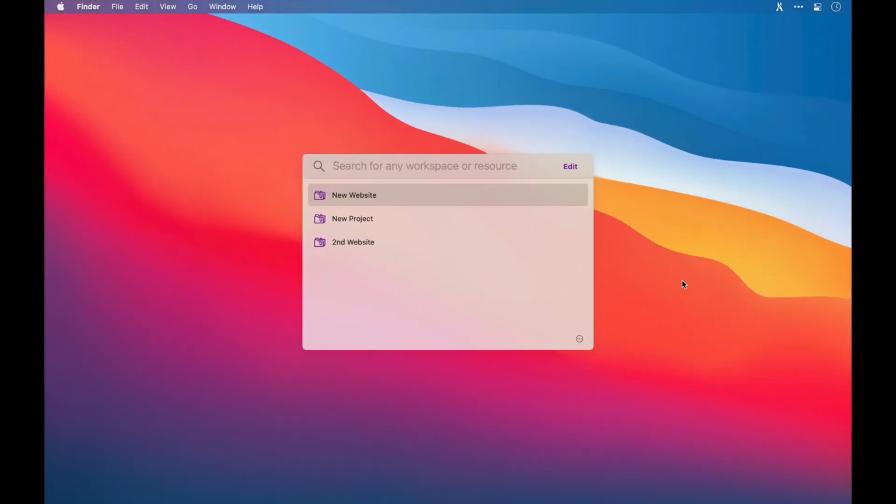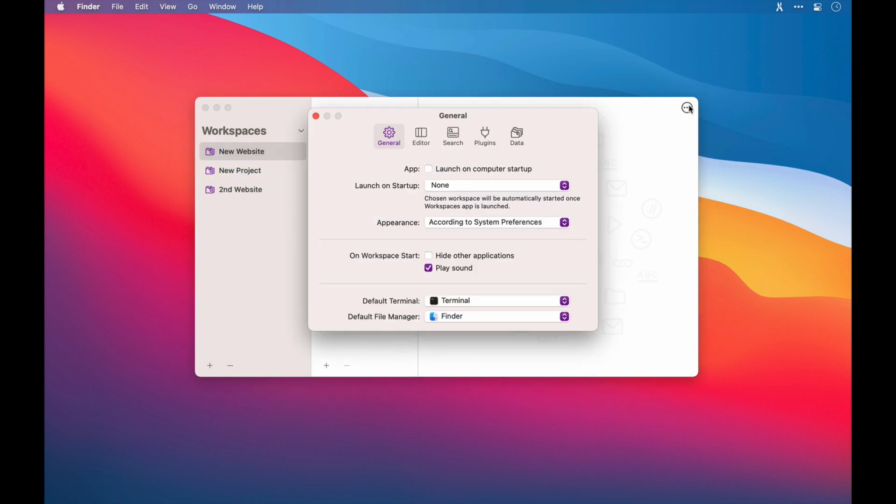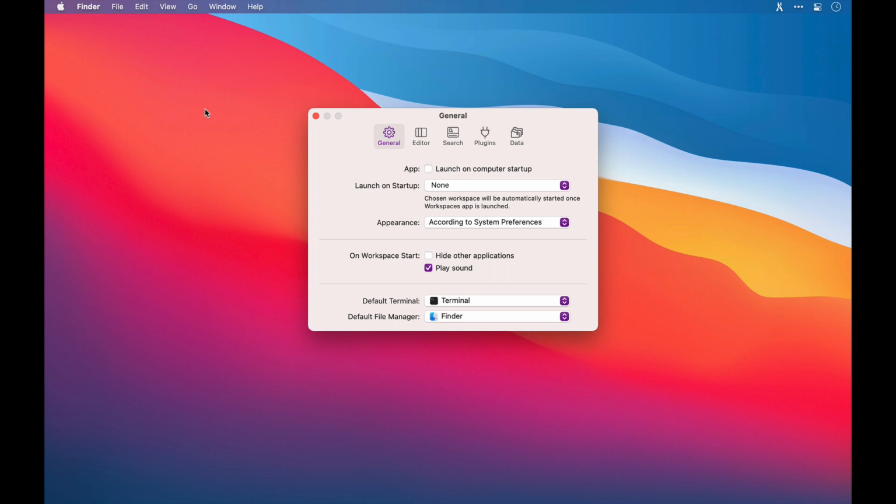Okay, let's close this video out now by looking at the preferences that we have available to us. So we'll access these by clicking the ellipses here or by pressing Command and comma. And you can also access them by clicking on the ellipses here in the editor section of the app. Let's close the editor though and take a look at what we got. Okay, so in general, we can launch the app automatically on startup. And also if there is a core workspace that you want to have activated as soon as Workspaces starts, then you can set that here.